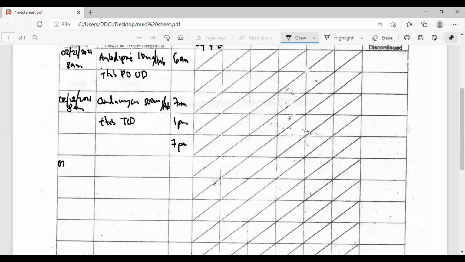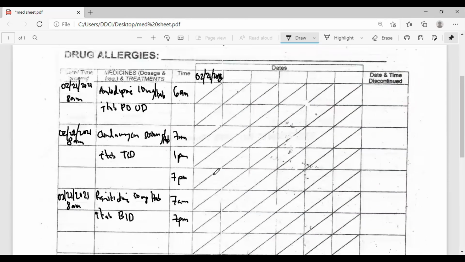Let's say February 21, 2021, 8 a.m. You have your ranitidine. Ranitidine, 50 milligrams per tab, 1 tab, BID, say 7 a.m. then 7 p.m. Okay, so then you have your date here, 22, then February 23, 2021. Okay,